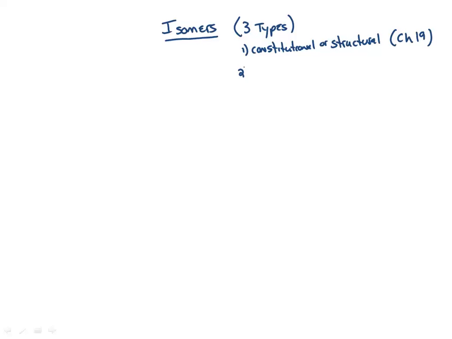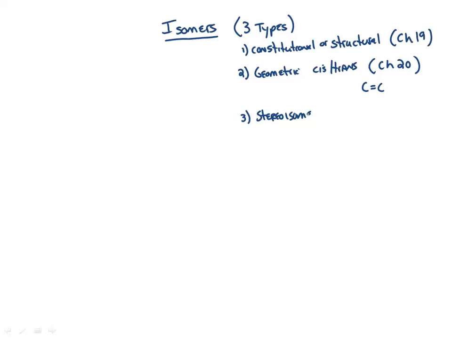And then the second type are called geometric, and sometimes they're called cis and trans, and there's other names for them too. We'll deal with those in chapter 20, even though you've already, unbeknownst to you, had them in the very first Lewis structure lab, and you also had them in the Lewis Structure Lab that you just finished up this week, that's when we have molecules with those carbon-carbon double bonds, right? And then the third type that we're going to talk about are